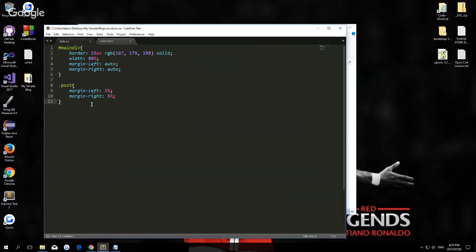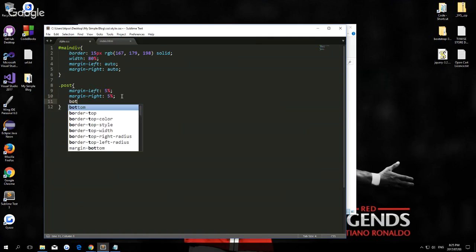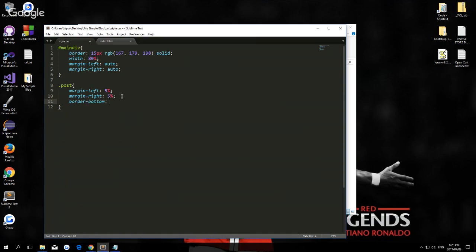So let's do that little line. We said it's a border, but we didn't say where the border is. The border is not all around the div. It's actually at the bottom, so it's a bottom border. Let's not make it too large because it's actually quite thin. We'll make it that, and obviously the RGB we just copied from ColorPick Eyedropper, and it's a solid border type. So let's save this now